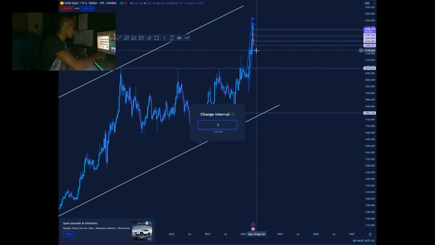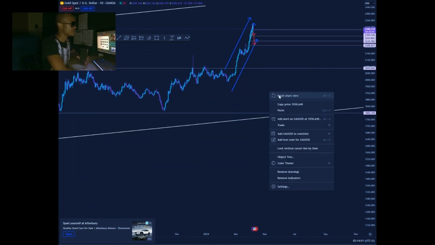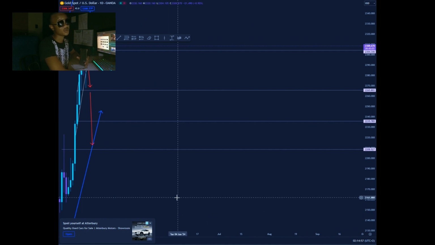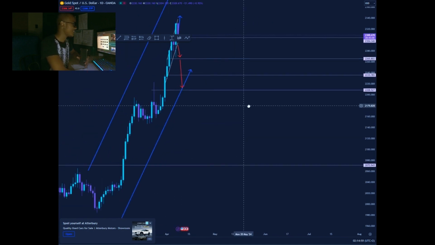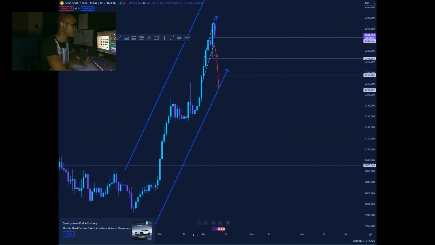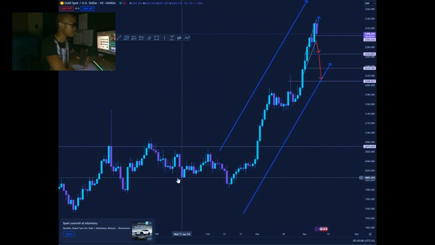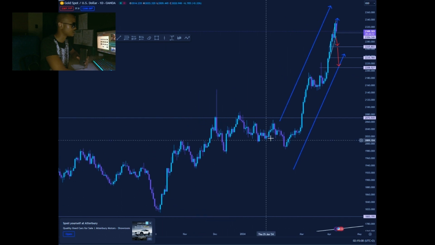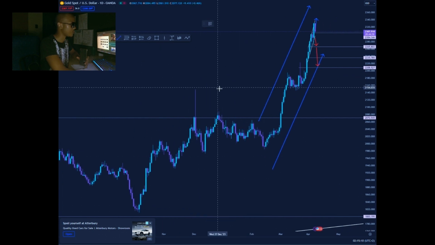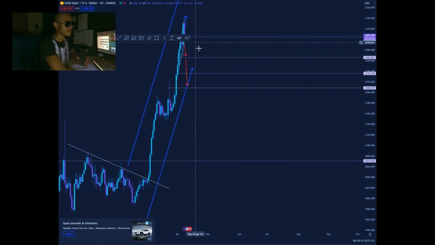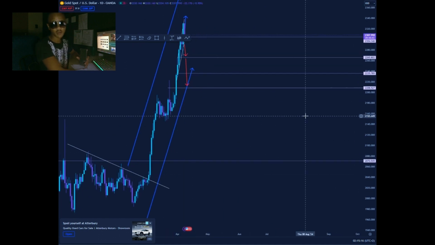Jumping down to the smaller time frame, we can see that gold is actually in an extra bullish impulsive move to the upside, but that doesn't mean we can't take trades, right? Having said that, this bullish momentum has provided a major imbalance in the market. As you can see, every time we have an imbalance, we restore this imbalance by a what? By a correction, you see. So now we've had a major impulse. Now we are looking for a correction.